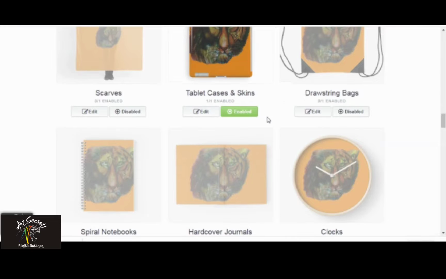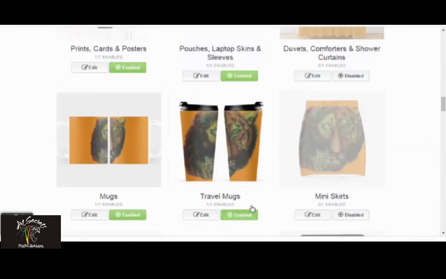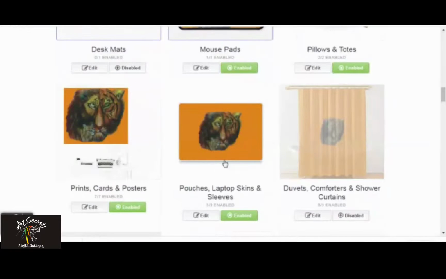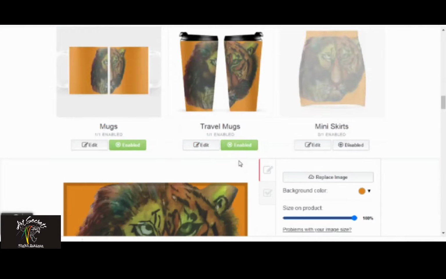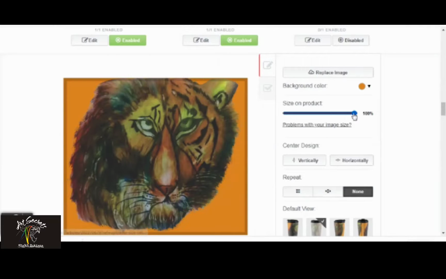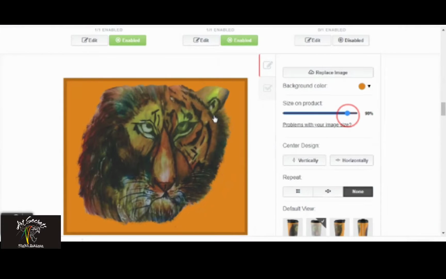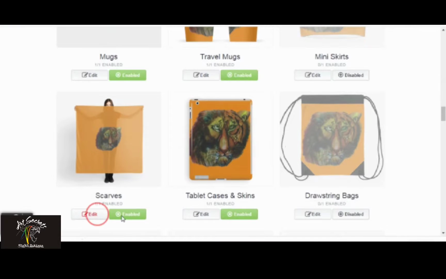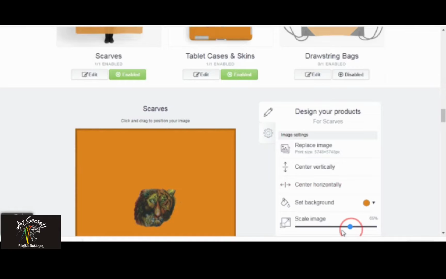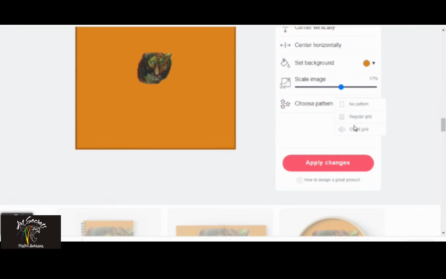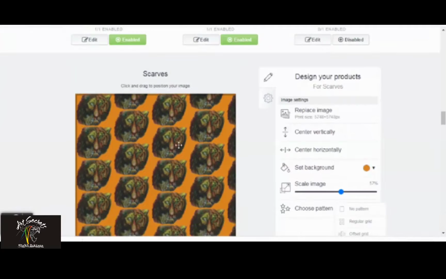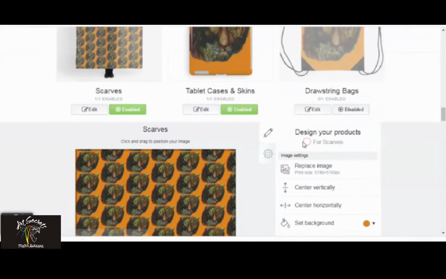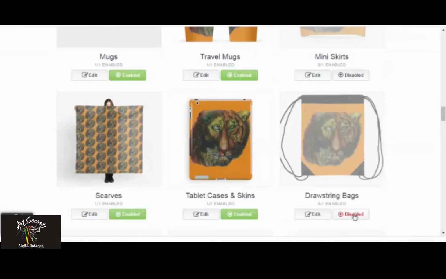Now this is the bag, which is okay. Now this enable is not done. Some of the enables are by default the status Redbubble does it, you know, they select it, and you can deselect or select by your own choice. If you feel like this artwork is not going well with my clock or with my other accessories, so just deselect it. Here there are repeat options where you can repeat the same artwork in so many different ways.